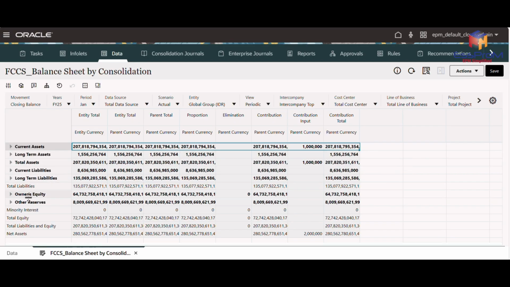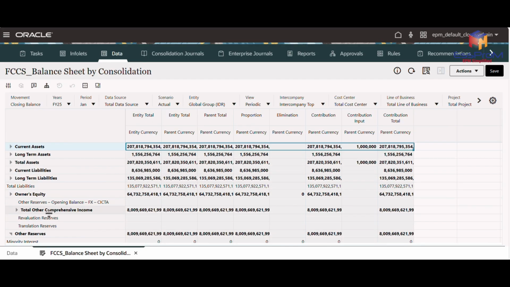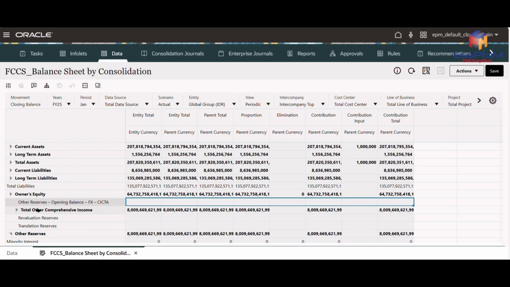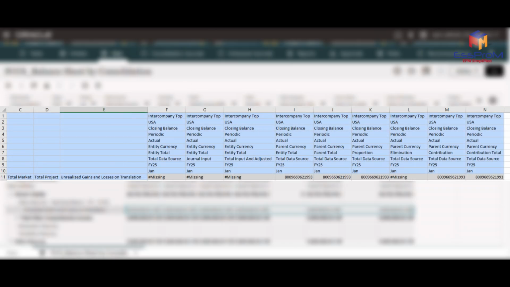These are not actual gains or losses from transactions, but rather unrealized translation differences. In CMC, such differences are automatically captured in the account called Unrealized Gains and Losses on Translation, also known as the CTA account. This process ensures that the consolidated financial statements remain accurate, consistent, and fully balanced at the parent